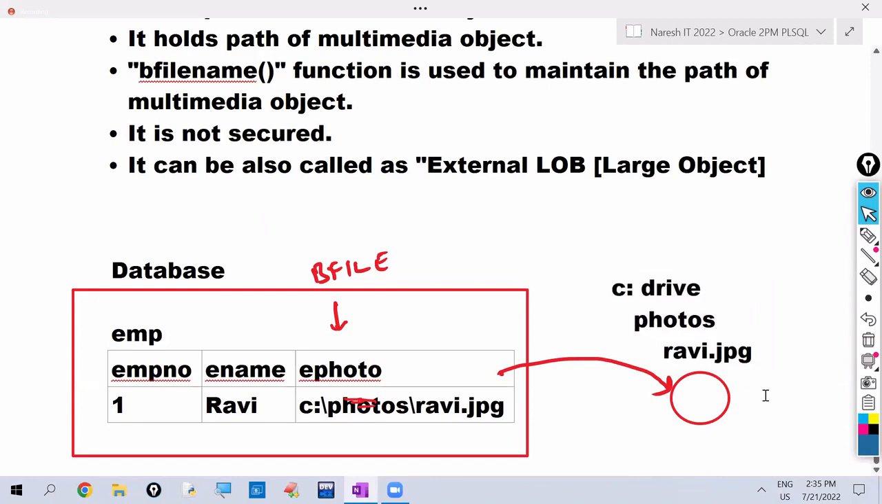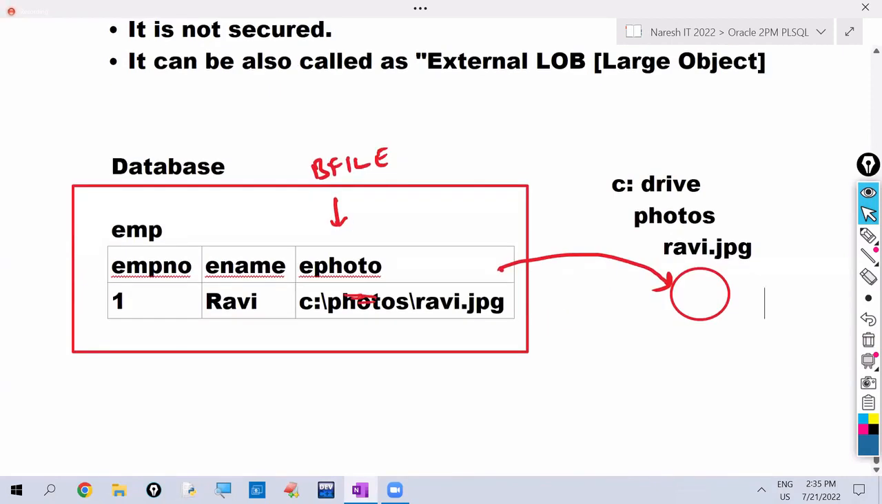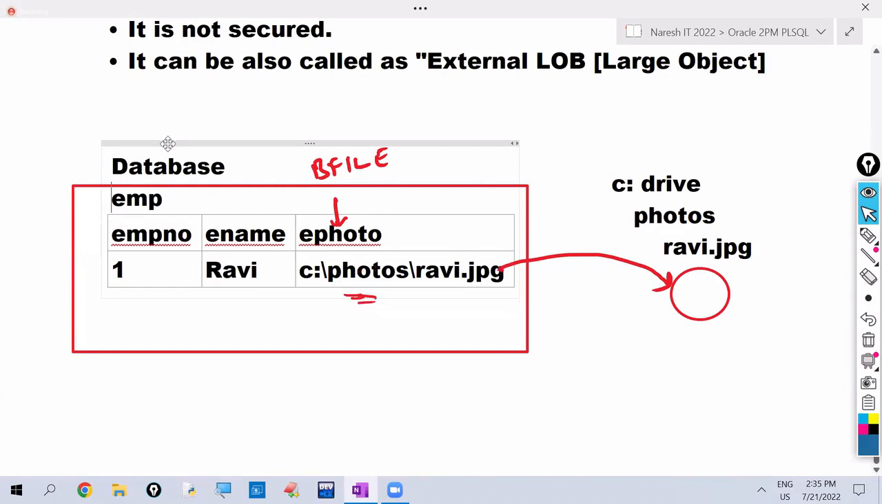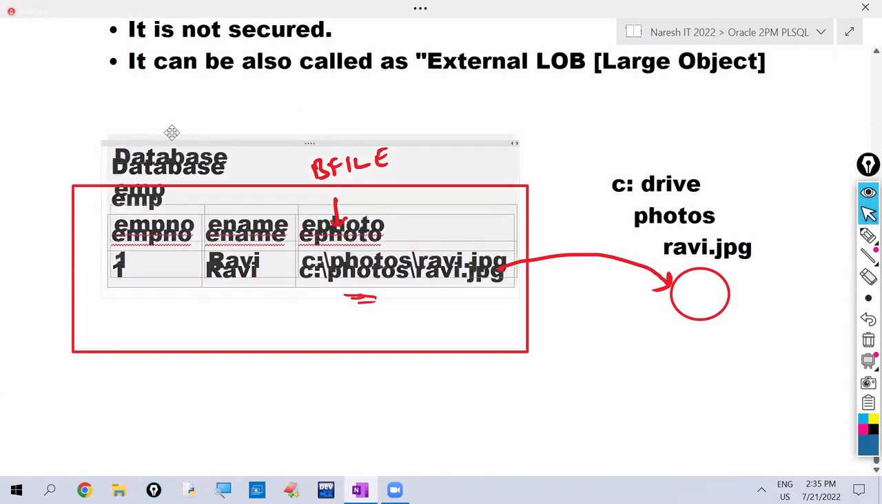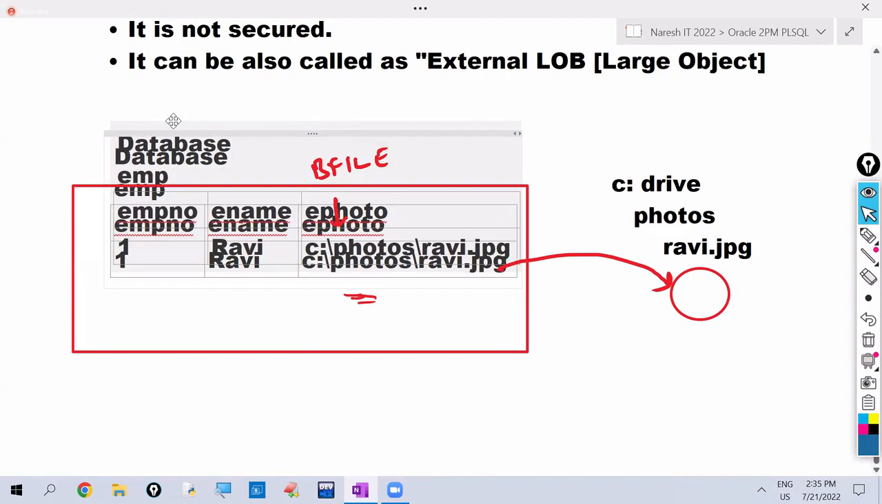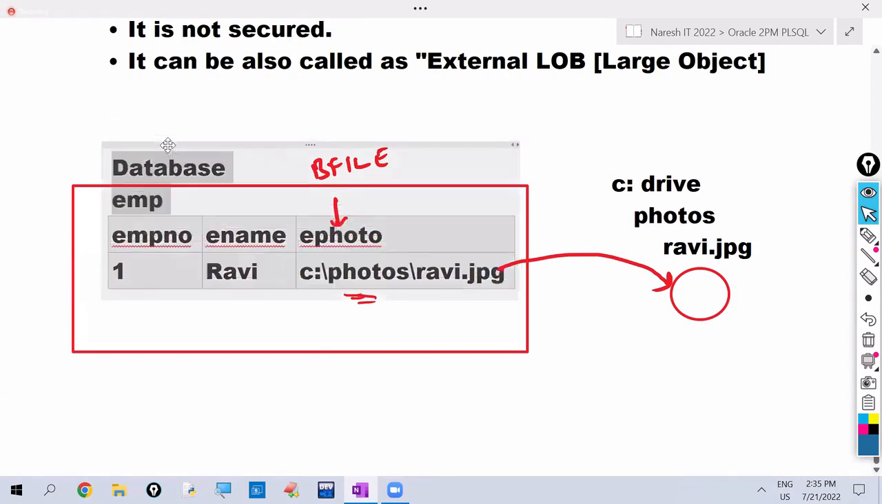Okay. So inside of the database, we are maintaining only the path here. So this is about the BFILE type. Next, the second data type is